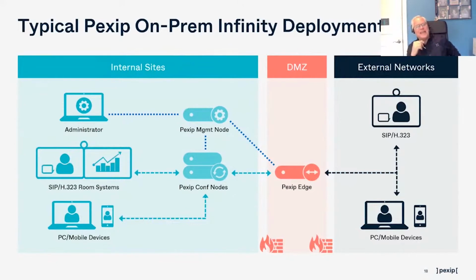These are users coming from outside your organization, and they're coming in. But as you notice in the middle, the DMZ, that is really where the security and the control happens. And that's really where you have the maximum protection in terms of how you